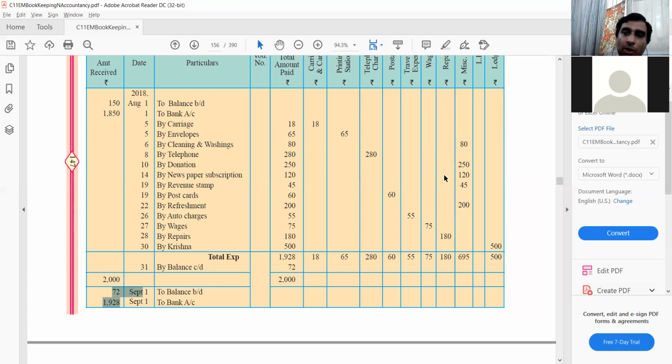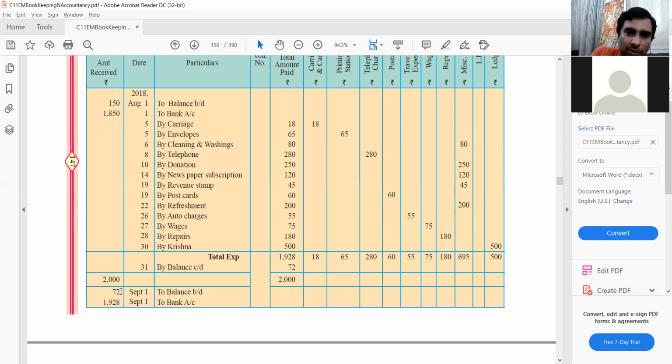Okay. So that is called an imprest system. You will impress the balance back to the decided amount. The decided amount in this example is 2,000. If you see the 1st of August also, what happened? 150 balance came from the previous month, so then he got 1,850. So that on the 1st of the month, his balance becomes 2,000 before he incurs any expenses. You understood that? That's fairly easy.